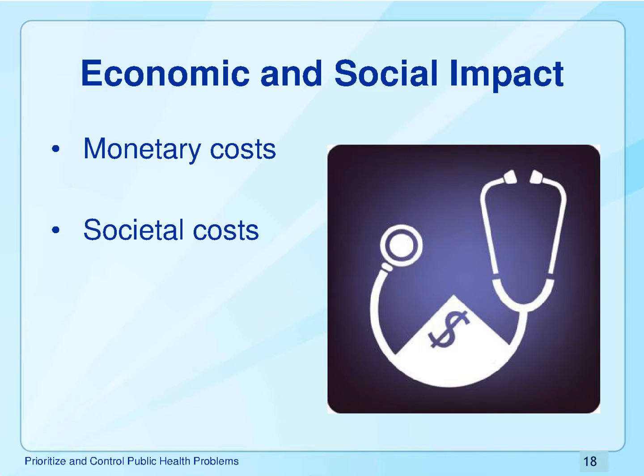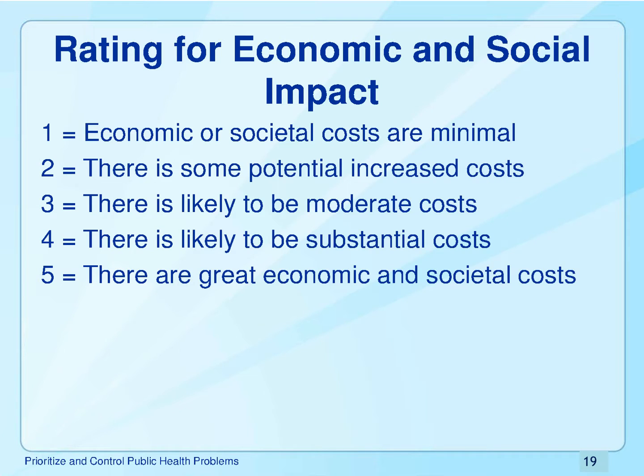Conversely, what are the social costs of a health problem? Well, these would include the effects on the individual and the family if the person is unable to work, cannot support their family, cannot contribute to the community, and so on and so forth. So here we see the rating scale for economic and social impact. Once again, you can see that it ranges from 1 to 5, with 1 being the least impact and 5 having